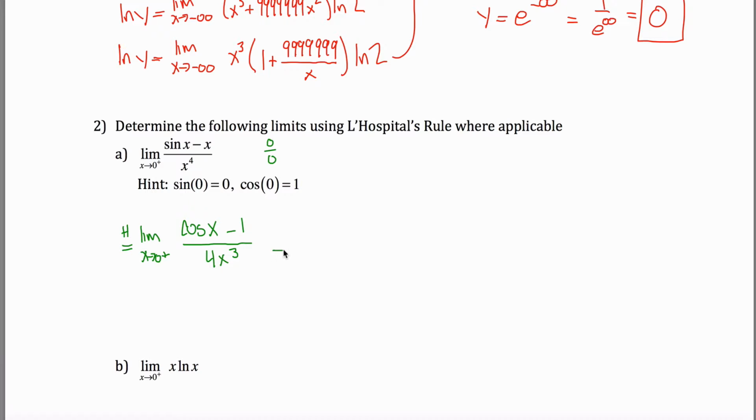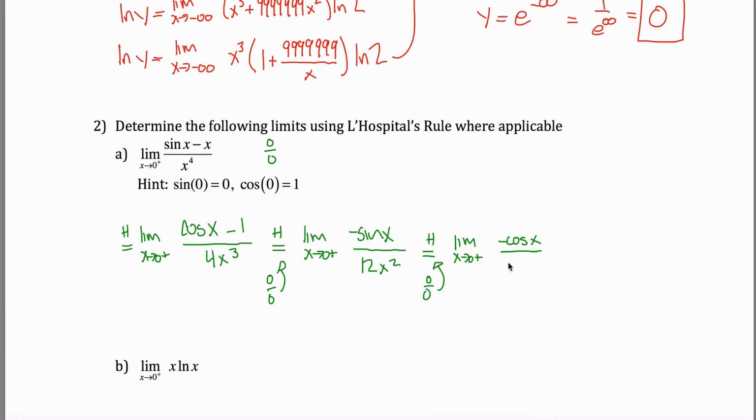And note that this is still an indeterminate form. Maybe I'll even write this is 0 over 0, so I can use L'Hopital's rule again. The derivative of cosine is negative sine. Let me write my limits first. So I get negative sine x plus 0 if you want, divided by 12x squared. And it continues, because if you go plugging in zeros here, you'll again get 0 over 0. So I can use L'Hopital's rule again. The derivative of negative sine of x is negative cosine of x